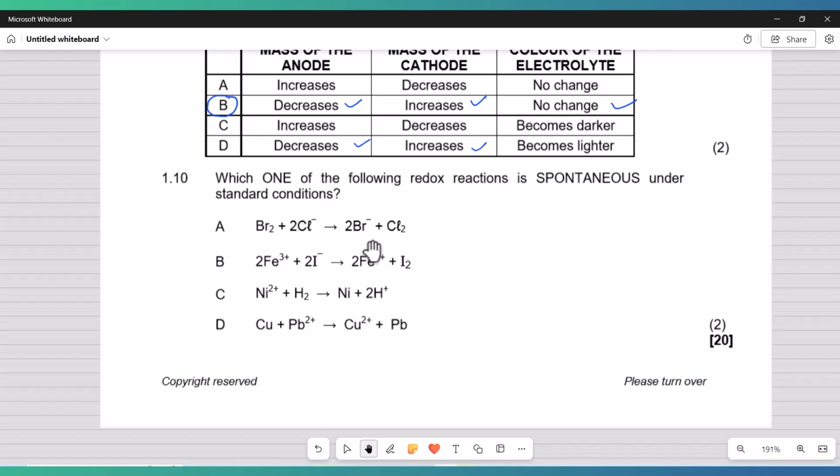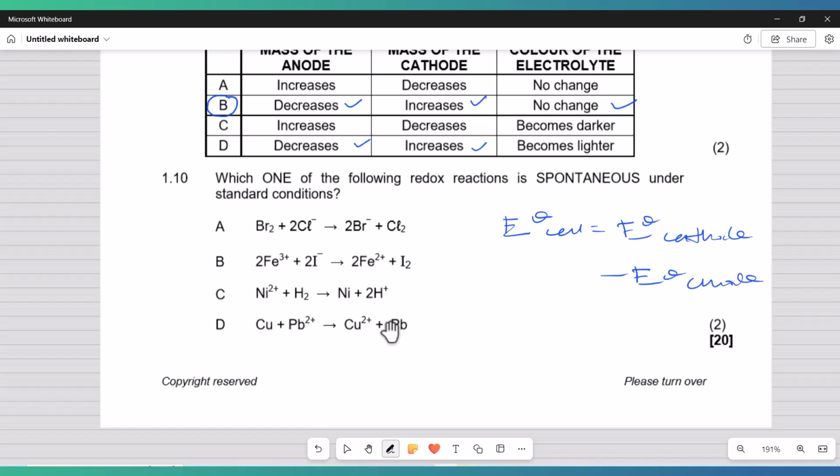We're going to have the cathode and the anode put together, and after identifying the cathode and the anode, we're going to calculate our E for the cell for each of them. That is E standard for the cell. Using what? We're going to use E standard for the cathode,